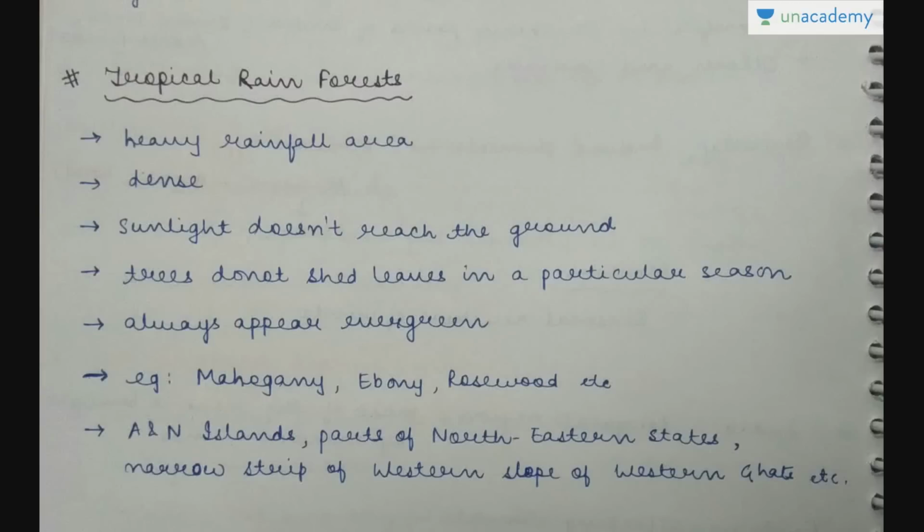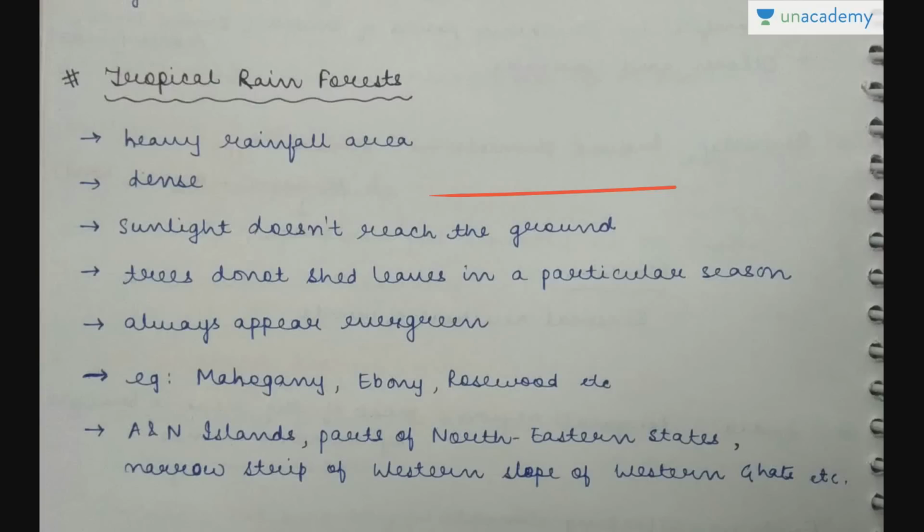So based on that, we have some divisions of natural vegetation. We will see some types of forests. The first is the tropical rainforest. From the name itself, we can understand that it is located in the tropical region, and it is a rainforest, so rain takes place in these forests. Now what are the characteristic features? They are in the heavy rainfall area. They are very dense. Because of more rain, the growth is very good. They are so dense that the sunlight through these forests does not even reach the ground. It is trapped within the leaves of the trees itself.